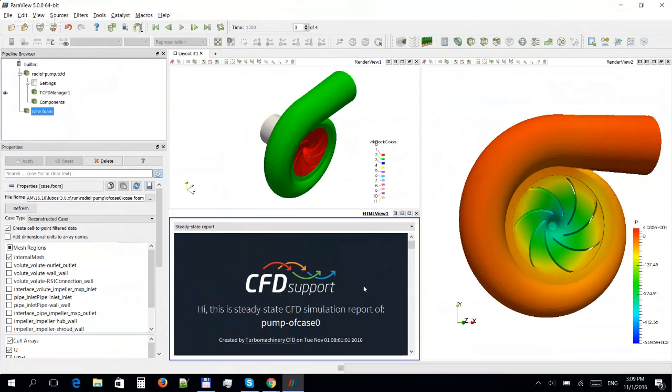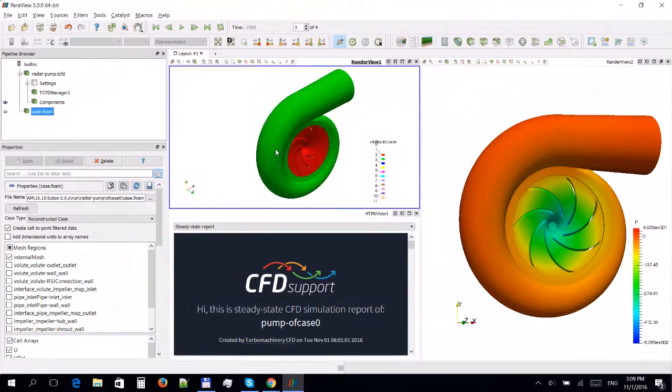In today's webinar, I will work from the Windows operating system. Just for information, the Linux workflow is exactly the same. So I would do exactly the same in Linux if I were in Linux. So again, it's the user's choice. Okay, let's take a look at this particular Radial pump